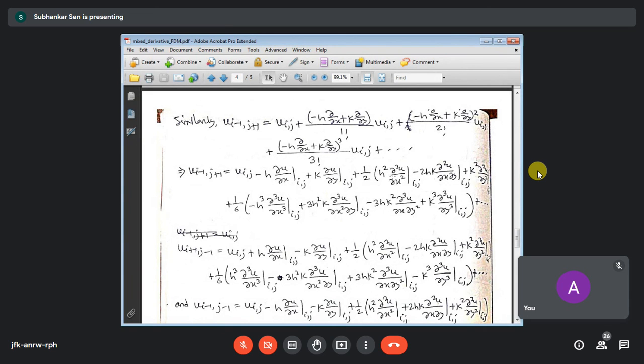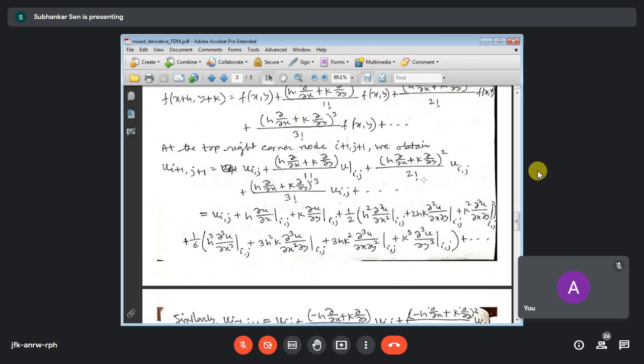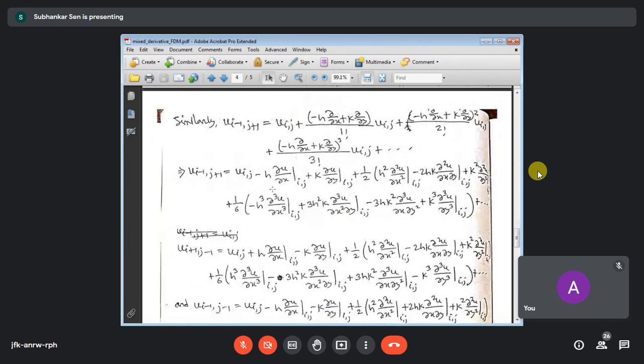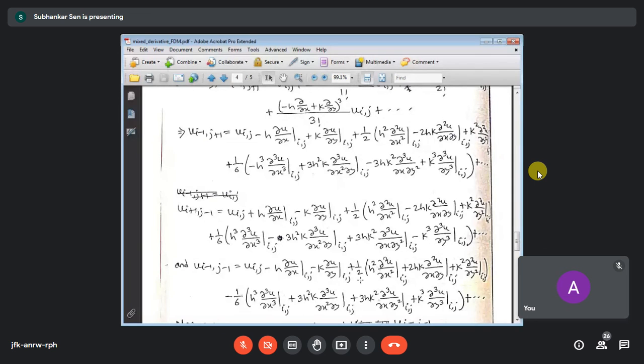This is not ∂/∂x whole square. It is different from that, so you treat it as ∂²/∂x². Here also, similarly, the mixed cross derivative is the same thing. Your question is to find out this term, so you can see that this term is present here also. Now in the next calculation, here also this mixed derivative is present.